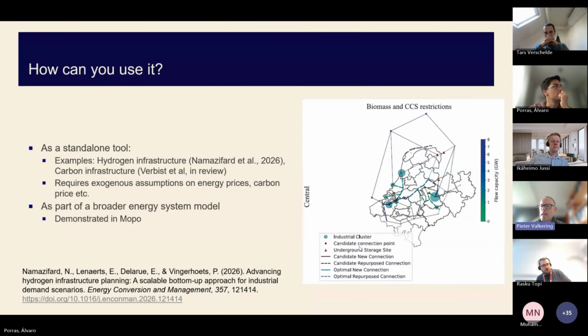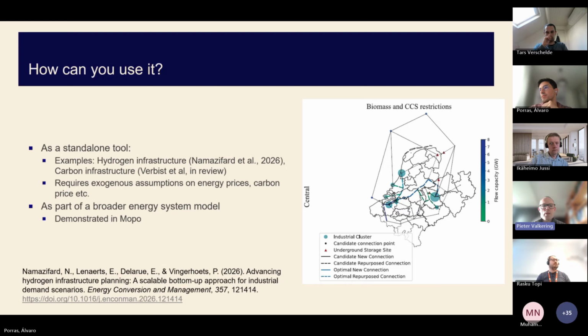Because if you provide exogenous assumptions on energy prices, on carbon prices, and so on, you can use the data set as a standalone tool to generate data or demand scenarios for different energy vectors. So here you see an example how it was used to generate hydrogen demand scenarios that are further used to analyze hydrogen infrastructure requirements.